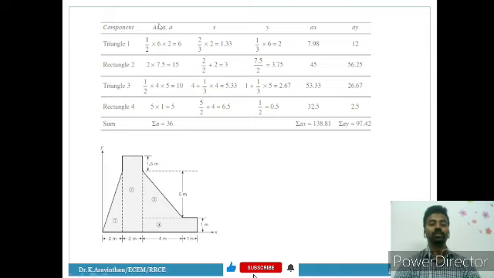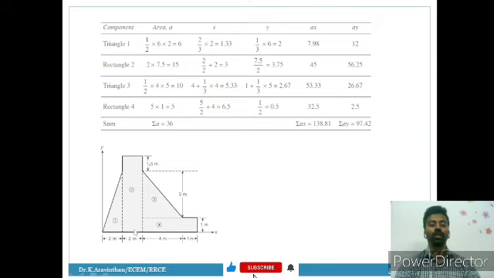So for a triangle, first we shall find the area, that is half BH, base is 2 meter, and the height is, here it is given as 1 meter and 5 meter. So that is totally 6 meter. So half into base is 2, height is 6. So half 6 into 2. Next one, for this rectangle, the base is 2 meter and height is, this is 6 plus 1.5, which is 7.5. So the overall height is 7.5.